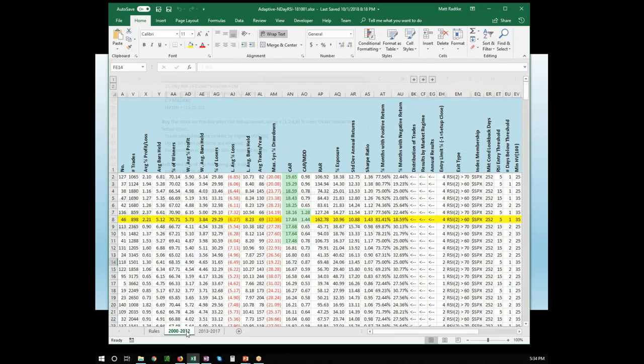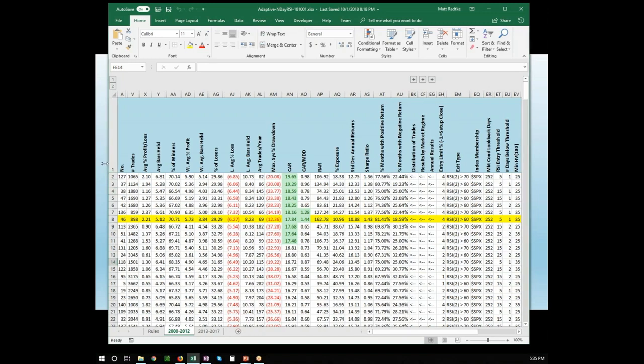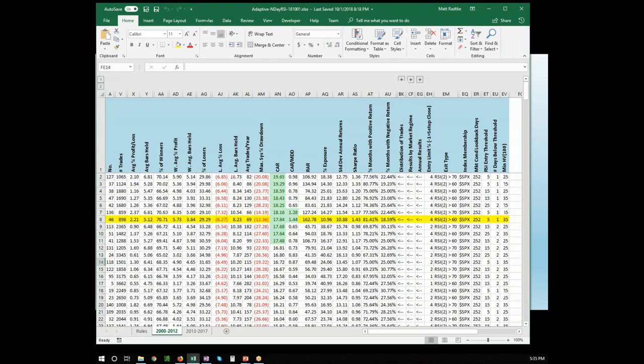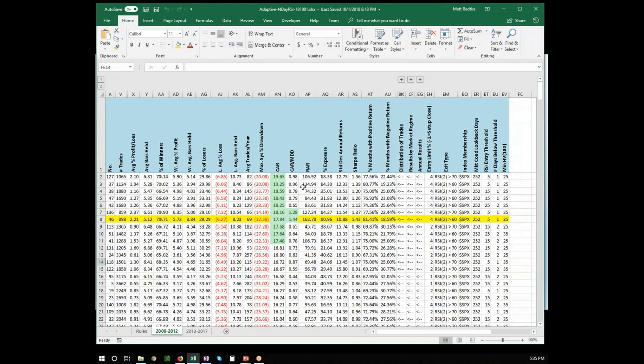So here are the results from 2000 through 2012. And you can see all the standard AmiBroker columns here and all the different metrics it generates. I've hidden some of them because these are the ones that I tend to focus on the most. So one thing you'll notice right away is right now these results are sorted by highest compound annual return. And I put in some conditional formatting to format in green the top 10 results by CAR